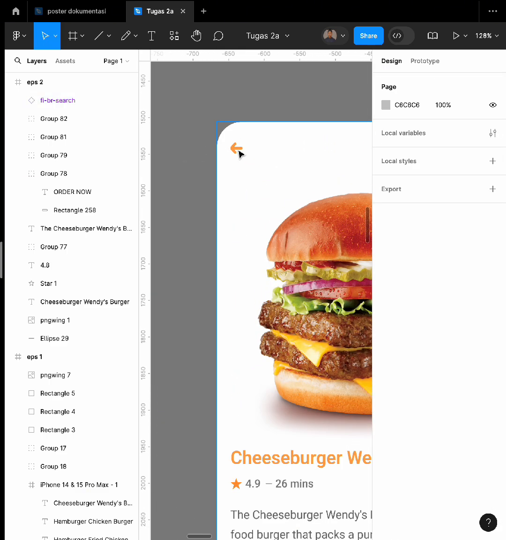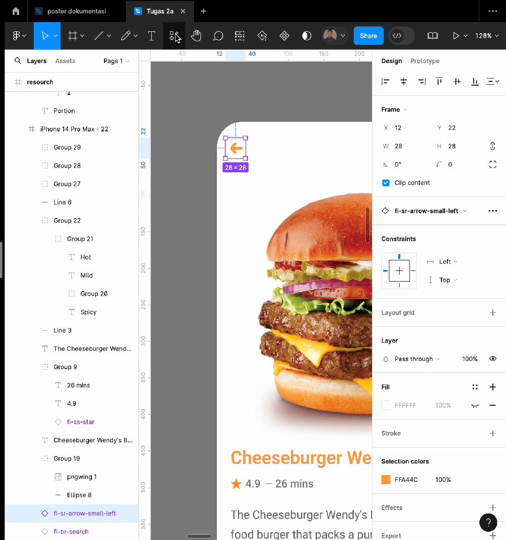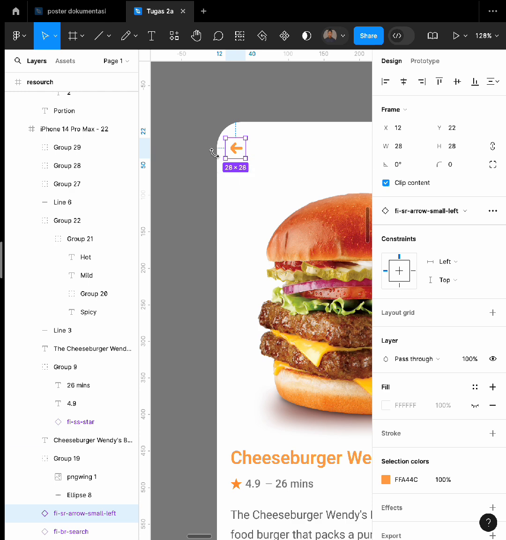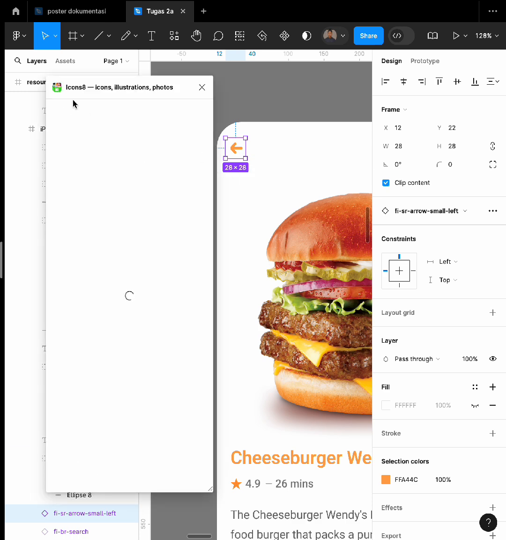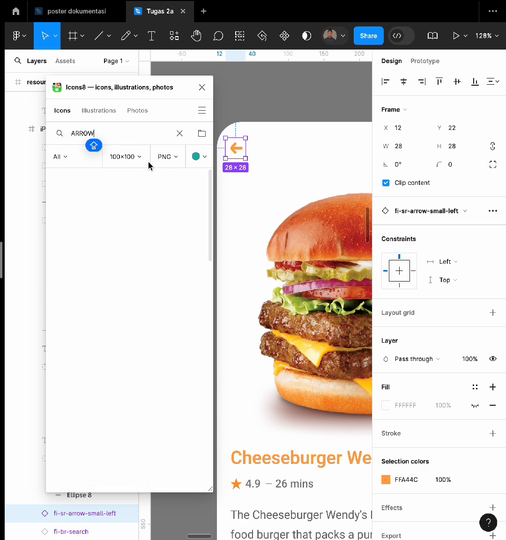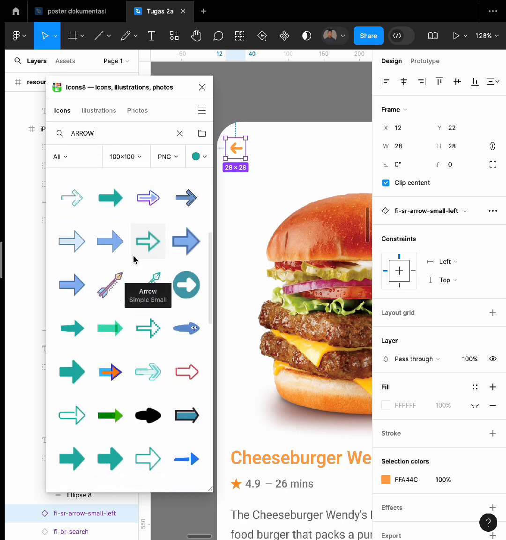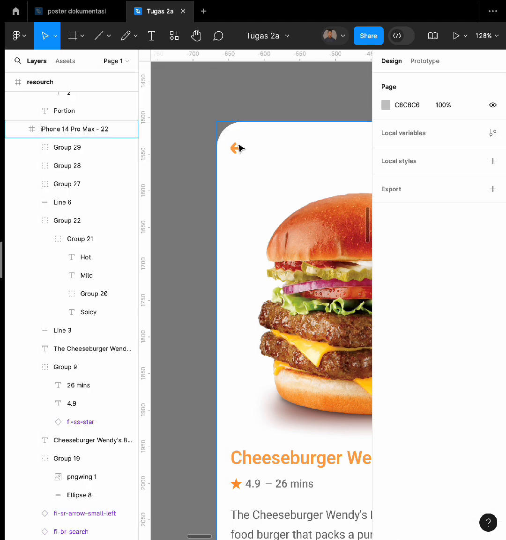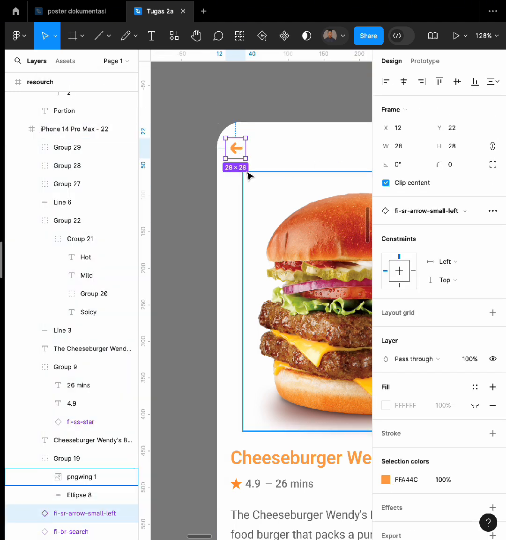And then you can find some arrow icons on the Icons8 plugin, and you can find what you want, and size is 28.